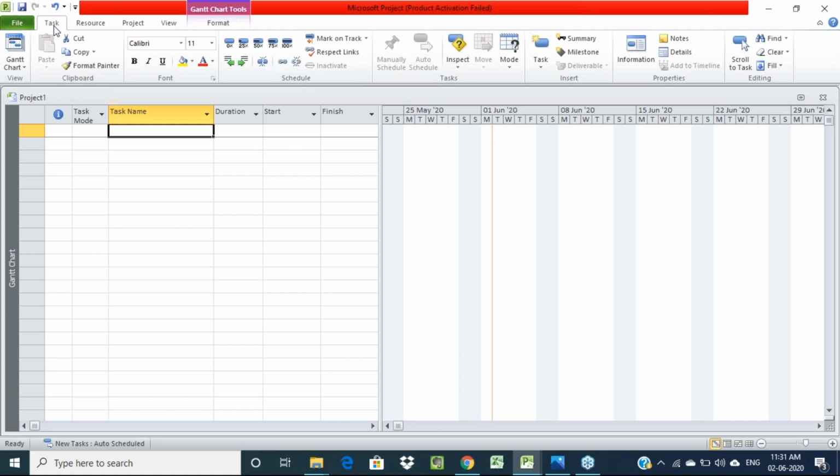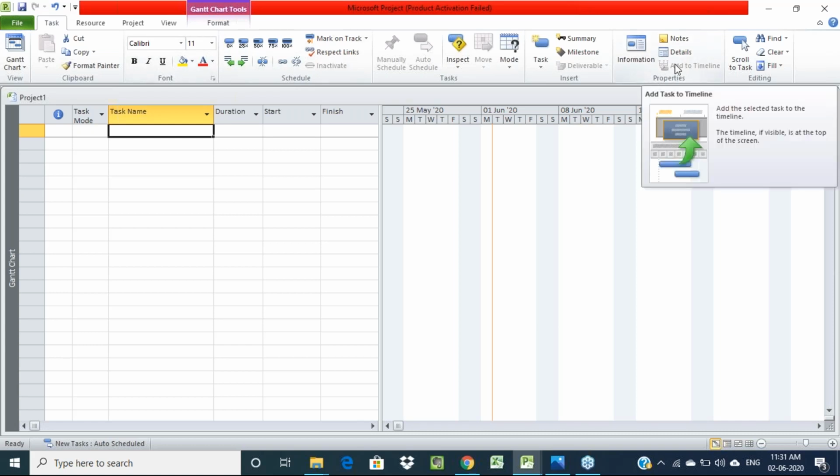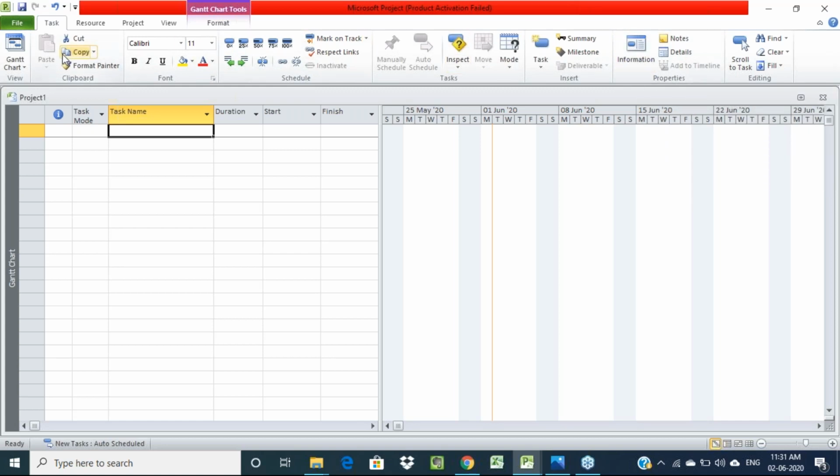Then if you click on the tasks option, it is related to tasks, that means activities. What are all the changes we want to make, like making an activity a minor activity, major activity, important activity, or milestone activity, or if you want to make a separate list of critical activities. For all those we are going to use this basic task option. Here you can see left indent, right indent, and percentage completion of activities. Everything we can see here on the task option.